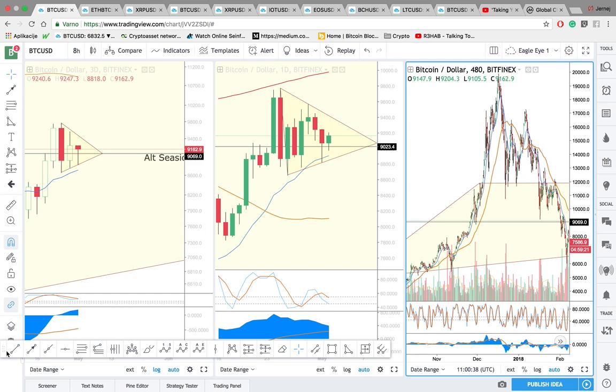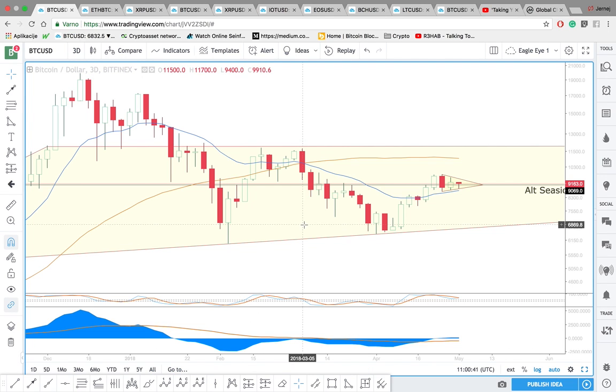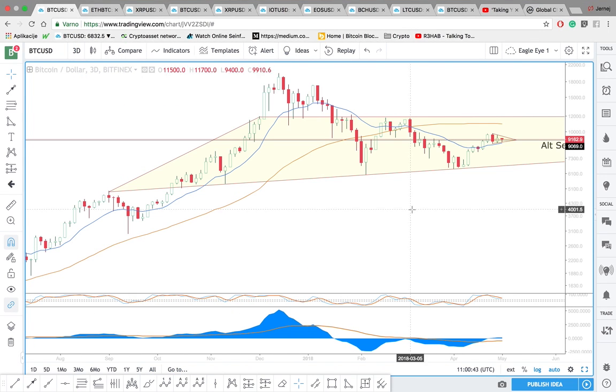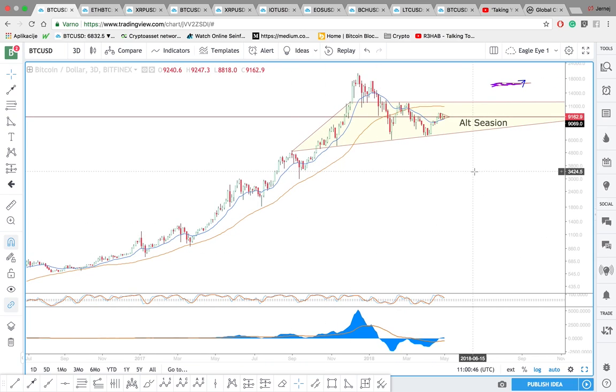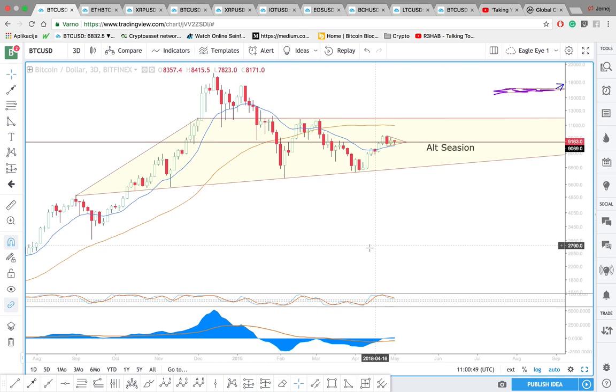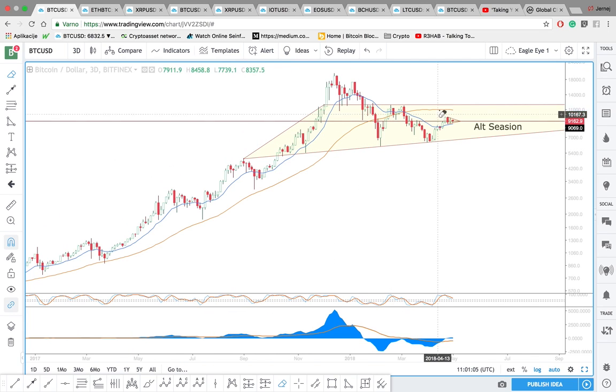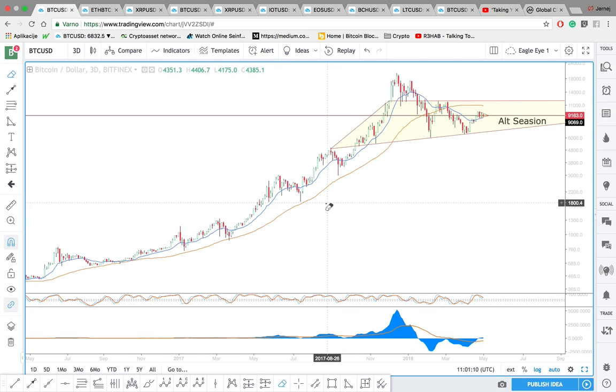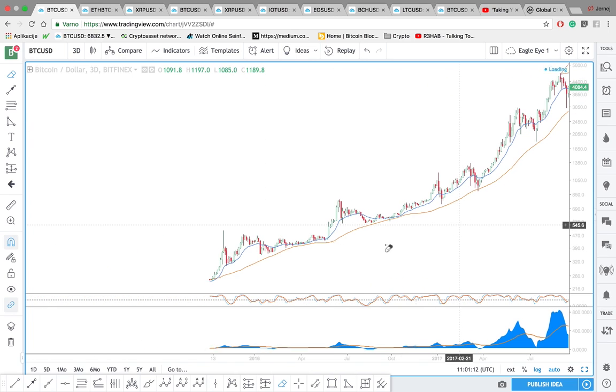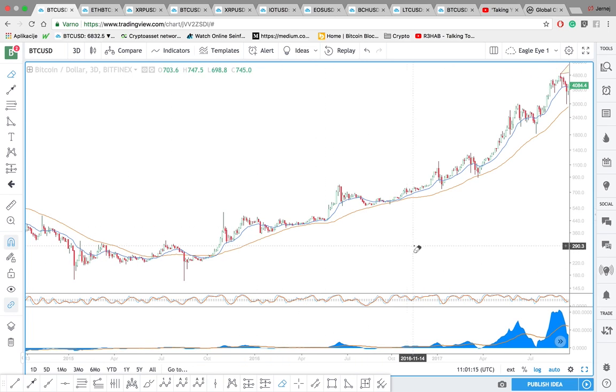So going back to the Bitcoin chart, what I am looking at here, this is logarithmic scale, and I'm observing this triangle. I think this triangle is going to be a key. Okay, I'm just going to erase this here. Okay, I think this bigger triangle, and I've posted this on my Twitter account, is kind of a key triangle to watch because I made a whole analysis of all these triangles all the way back to 2012,